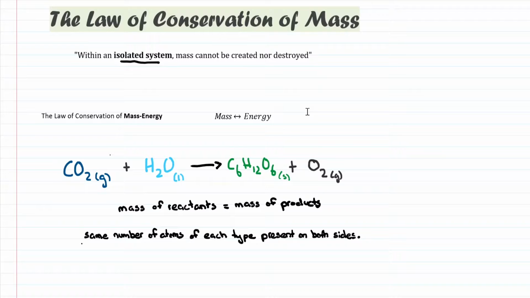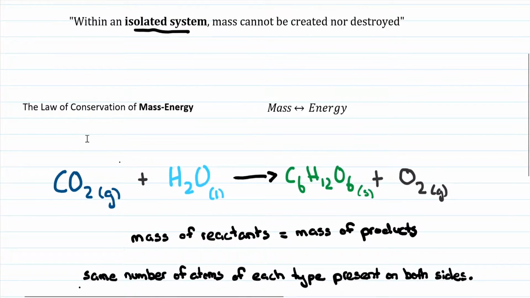of the environment. In actuality, an isolated system is very hard to achieve, and it's pretty much impossible. It's largely theoretical, but we assume that all these chemical reactions are occurring in an isolated system. So that's why the definition is stated like that. Awesome. Now let's look at the law of conservation of mass energy, which has a lot of misconceptions within chemistry and may get a bit confusing.